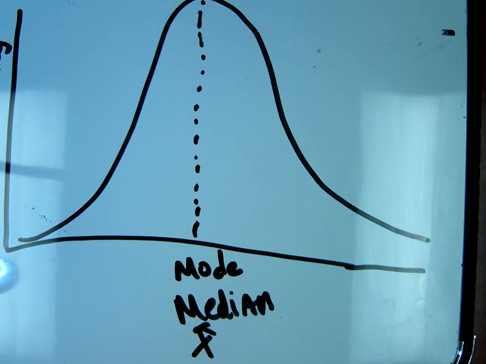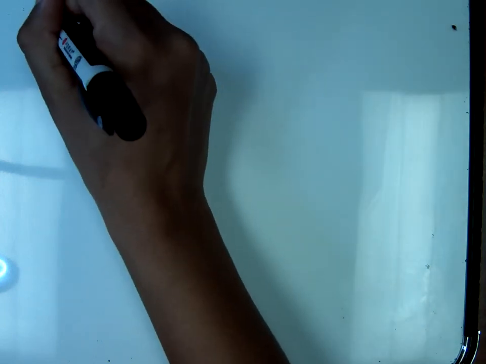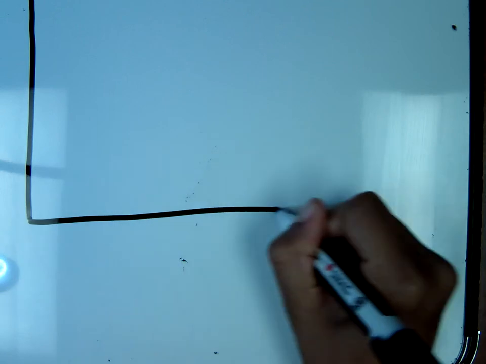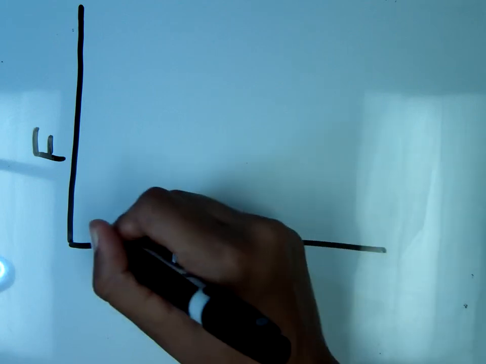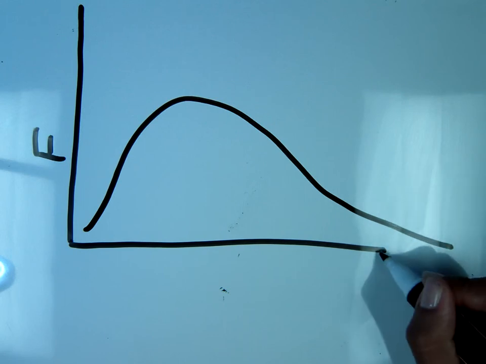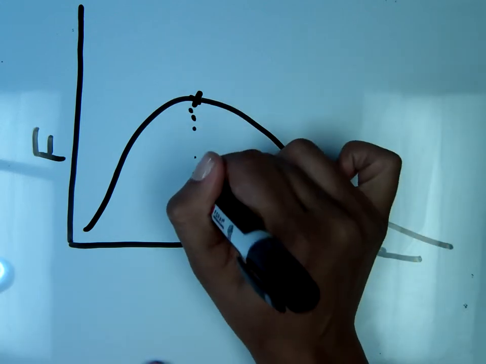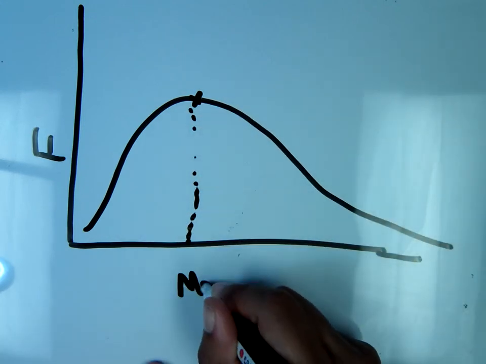However, what you will find in some data, when it's skewed and it's not necessarily a normal distribution, is that because of outliers, you can sometimes have data be skewed. For example, you can have something that's positively skewed and negatively skewed. An example of something positively skewed, same graph, if this is frequency, I'm just going to put an F here for frequency. In this example, this point still is going to be my mode because that's the actual peak, meaning that there were more at this score. Then you would have your